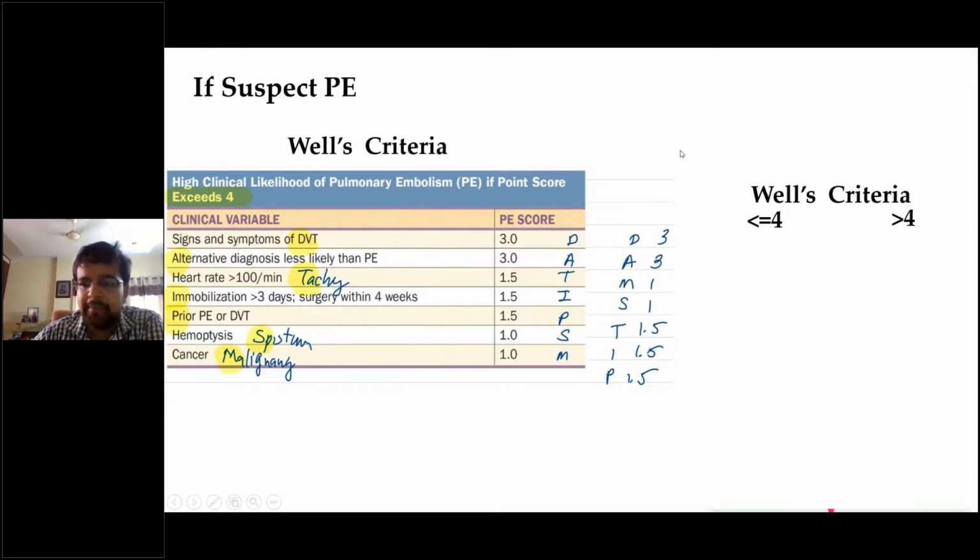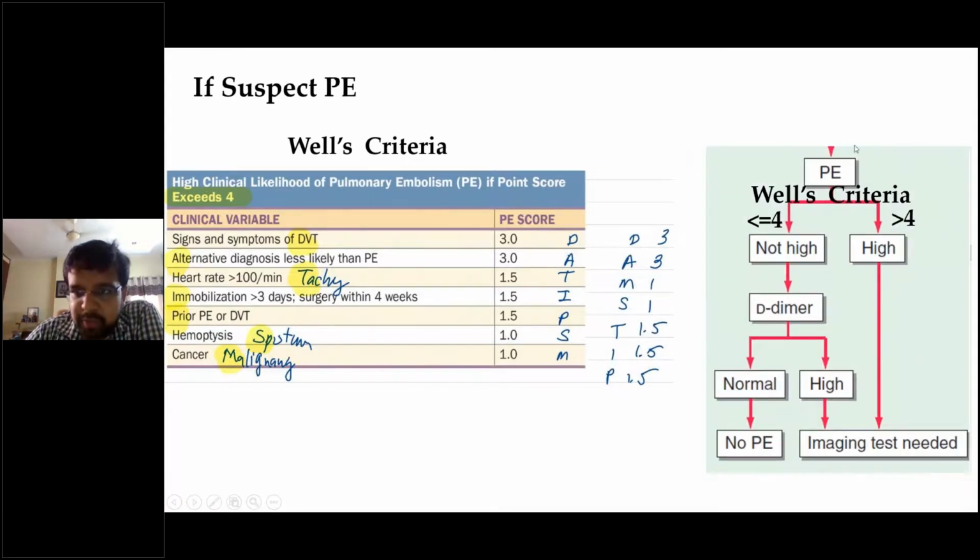ठीक है, so अब क्या करना है? So basically, you suspect pulmonary embolism. The Wells criteria is more than 4. So if the Wells criteria is high, more than 4, the pre-test probability is very high. So now if the pre-test probability is high, you do the test. Very simple. The test investigation of choice being a CT pulmonary angiography. Okay. So a patient with suspected pulmonary embolism, you calculate the Wells criteria. If it is more than 4, you will directly go for the imaging test, that is CT pulmonary angio.